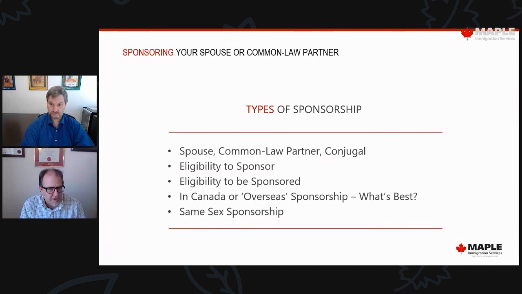And a conjugal partner. These are applications that we don't get too many of, but these are situations where you can't be married or you can't physically be in a common law relationship because of various factors, such as, let's say, you're in a same-sex relationship and you're in a country where that's sort of forbidden, and that would be dangerous